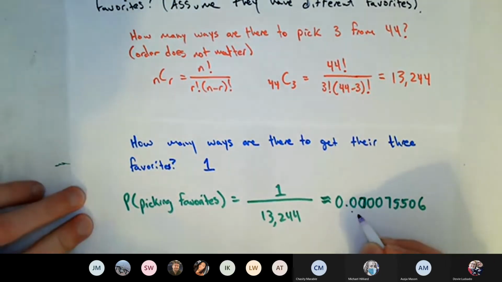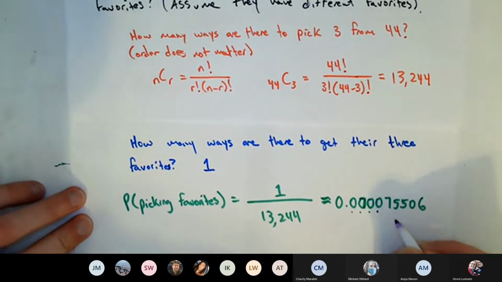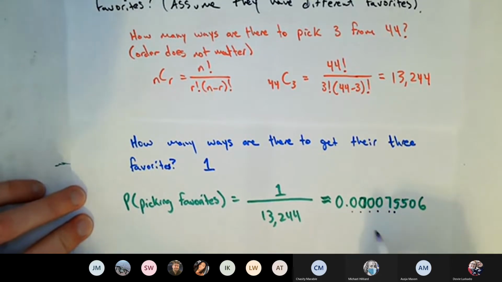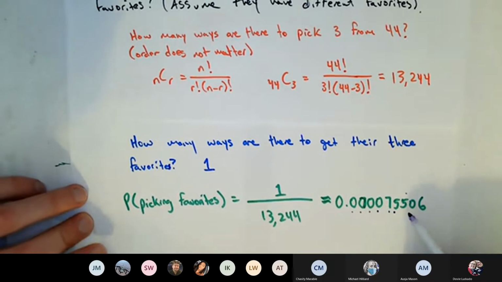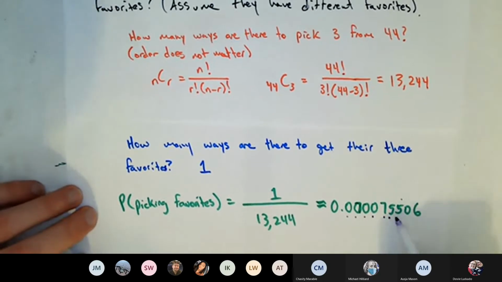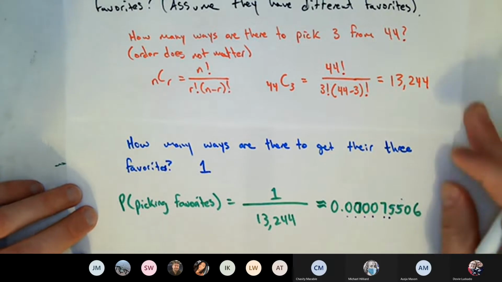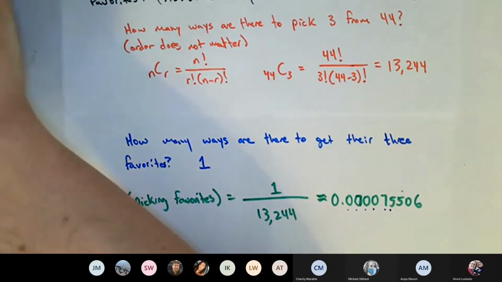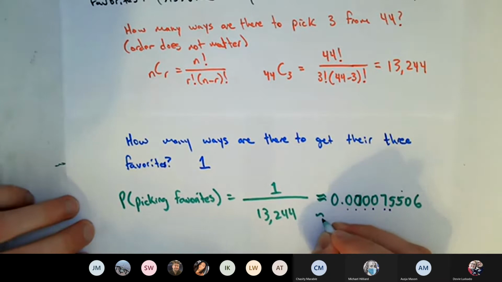So I need to know what these digits are called. This is the 10th, 100th, 1000th, 10,000th, 100,000th, millionth. So this should be the last digit, the last position. I look to the one next to it to see if I should round up or down. And since it's a 5, I round up. I round this 506 up so that it tumbles over into this next digit, and that becomes a 6. So I can say approximately